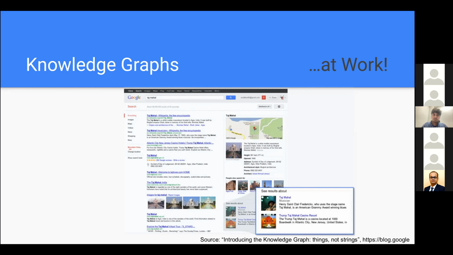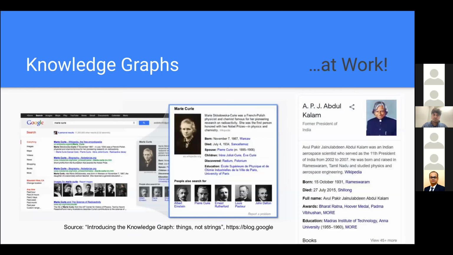Let's take a look at one more example to understand this better. Nowadays, if you type in the name of a popular personality, such as Marie Curie or APJ Abdul Kalam, you would be presented with a lot of information in a knowledge panel, as Google terms that section on the right hand side of the web page. This essentially is knowledge graphs at work in the background. You can see Wikipedia has been quoted as a source at the description of Dr. APJ Abdul Kalam here. We did talk a bit about Wikidata, right?